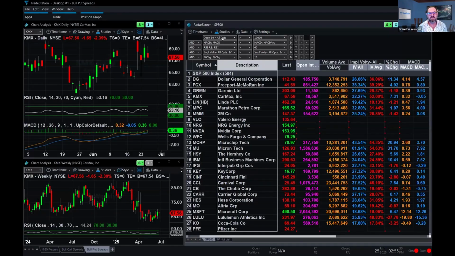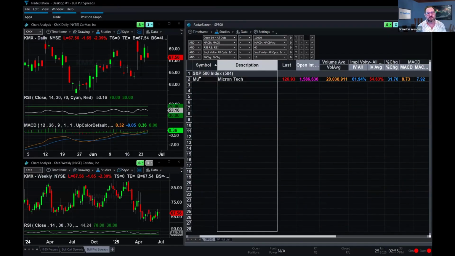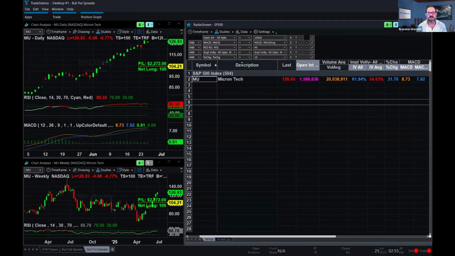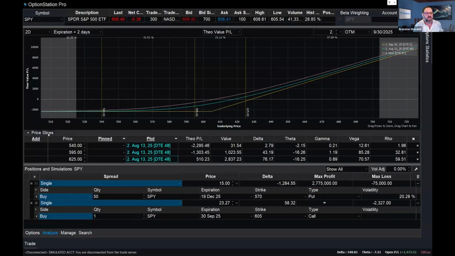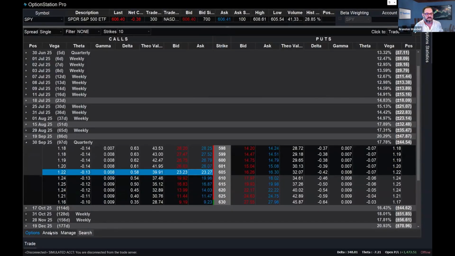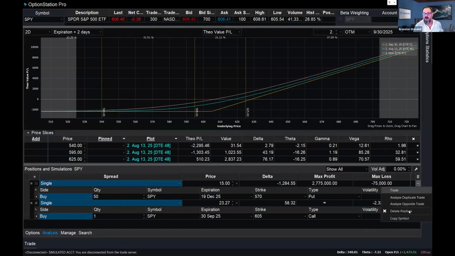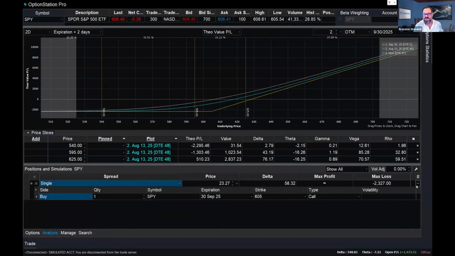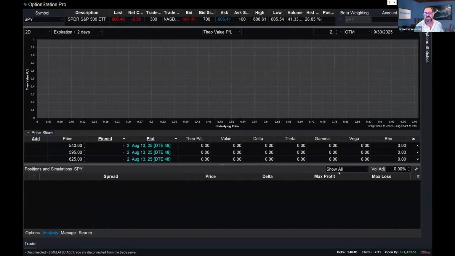But right now, let's see, we've got only one, Micron. So Micron is fitting some of the criteria as far as a bull put spread. Must have high volatility. Looks like it's pretty bullish. Might be overbought though. And obviously I would do some more research on the individual security. If I'm doing the bull put spread on Micron, go back to my options. Actually, before I do, that's why it's so high in volatility, it's releasing earnings. See, I told you I would do research on this. I'm just doing a quick example though.